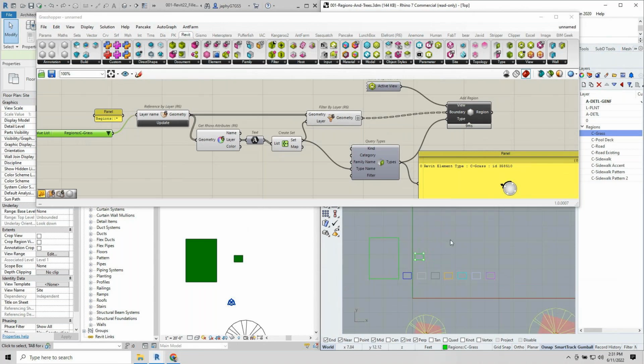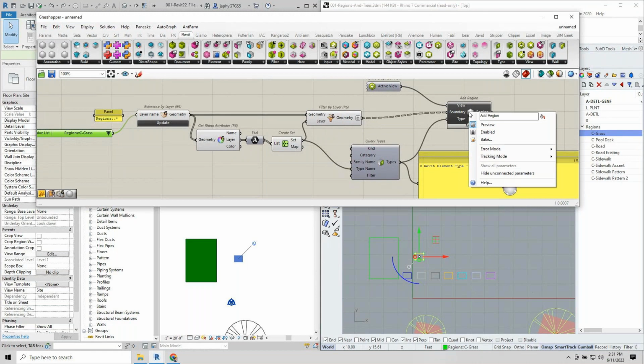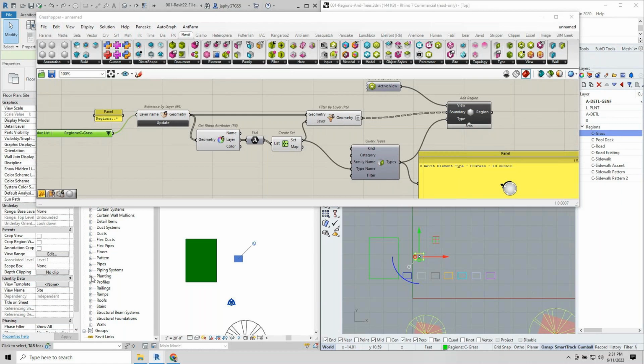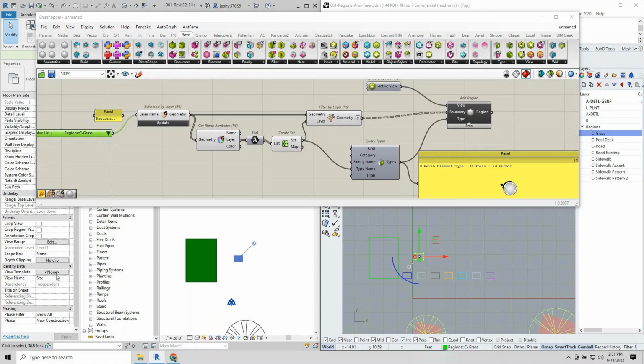Any object that's getting put into Revit from Rhino is going to be pinned because of our element tracking. So if you right click on one of our add components, any of the blue components, you'll see that there's a tracking mode of update, replace, and disable, as well as some error modes. The essential thing you need to know on the update is that if we add in a